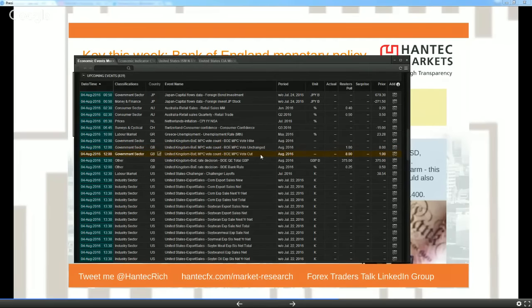Now the eight is fairly significant, because one of the reasons why the market started thinking there was going to be a nailed-on rate cut was the views of Martin Weale. Martin Weale has been a hawk on the Bank of England Monetary Policy Committee for a long while. He periodically votes for a rate hike. Obviously, never got the rate hike, but still, periodically he's been voting for rate hikes. Now, this would be significant because this is going to be Martin Weale's last vote on the MPC before he gets rotated out,